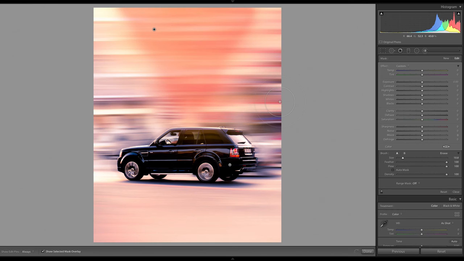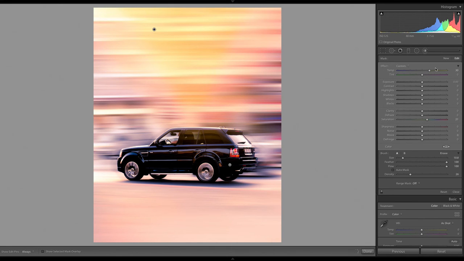That's looking pretty good. Now maybe I want to add a little bit of warmth up there. A little bit of saturation. Maybe tone down both of those. And then I'm going to turn down the density and just brush the edges just a little bit more to have it blend in. Maybe just brush a little bit down here just to add some of that color. It's looking pretty good.